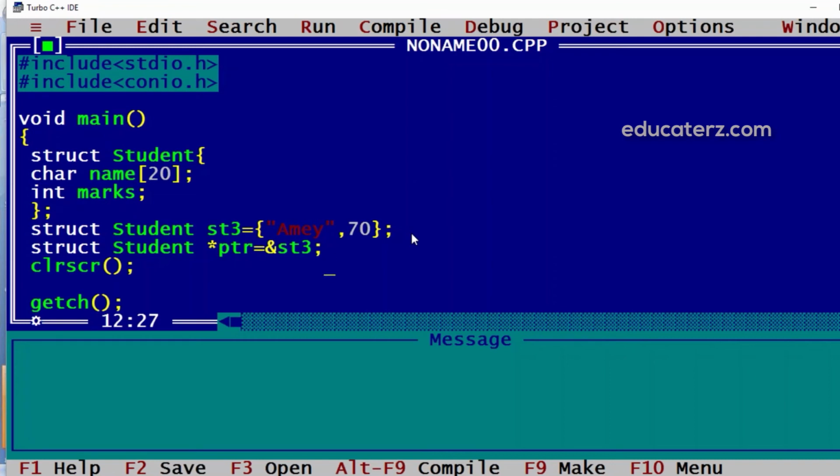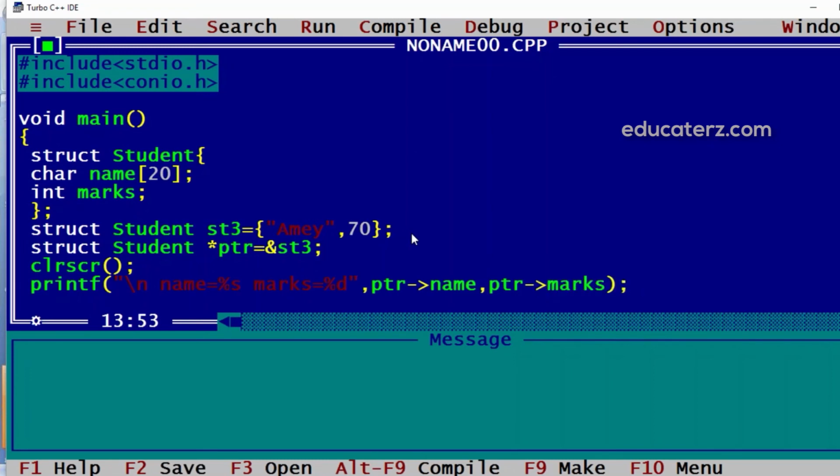So now if I want to display the values of st3 members using ptr, then I have to use the arrow operator. Say we need name, that is %s, then marks, that is %d. While displaying it, we have ptr arrow name, and similarly ptr arrow marks.